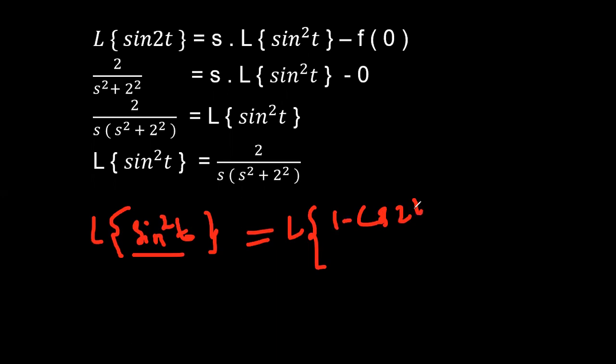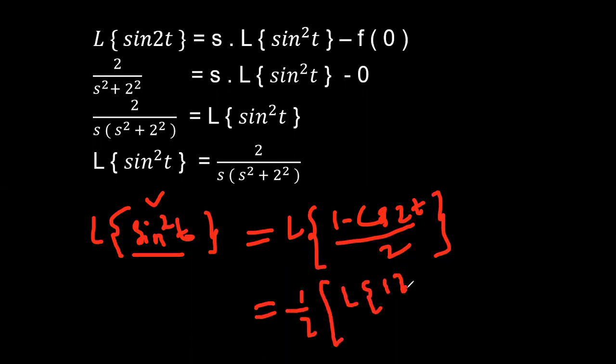So we have a basic formula for this, for sin square t and cos square t. For sin square t, it is (1 minus cos 2t) by 2. For cos square t, it is (1 plus cos 2t) by 2. Already we did the problem in the first topic, basic elementary functions of the Laplace transform. Okay, right. So if you simplify individually like that, that is 1 by 2 into, you can find the Laplace transform of 1 minus the Laplace transform of cos 2t.